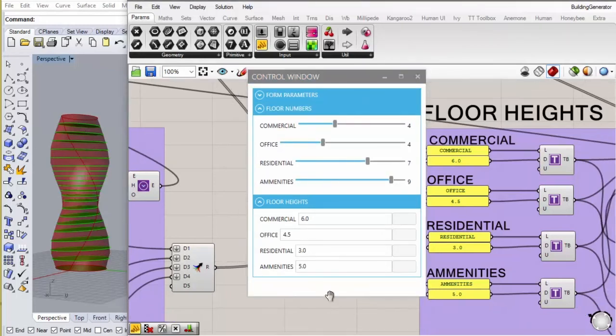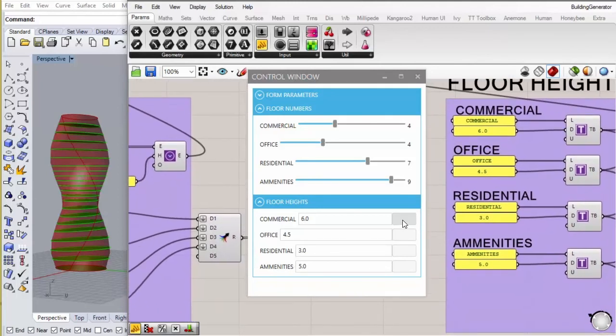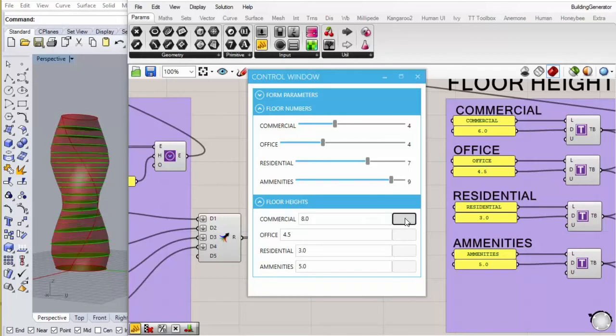So the way that this works is that you actually have to click a button to activate whatever you typed in, back into your definition. So say we want to change commercial from 6 to 8. You type it in and you click this button, and you can see the first floors are now taller.